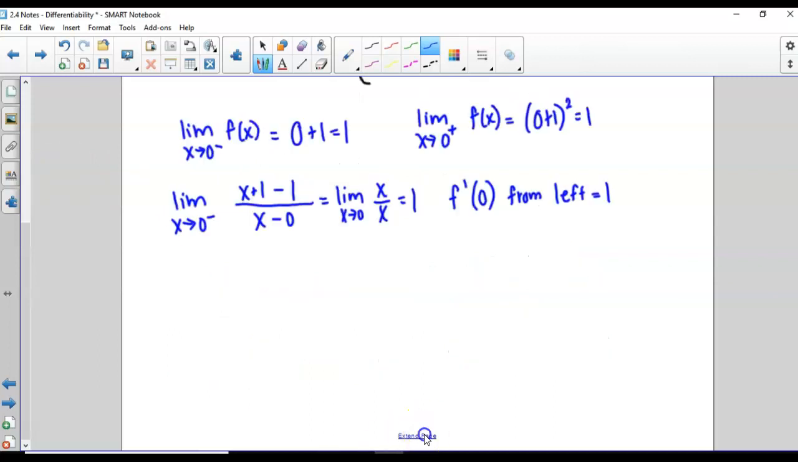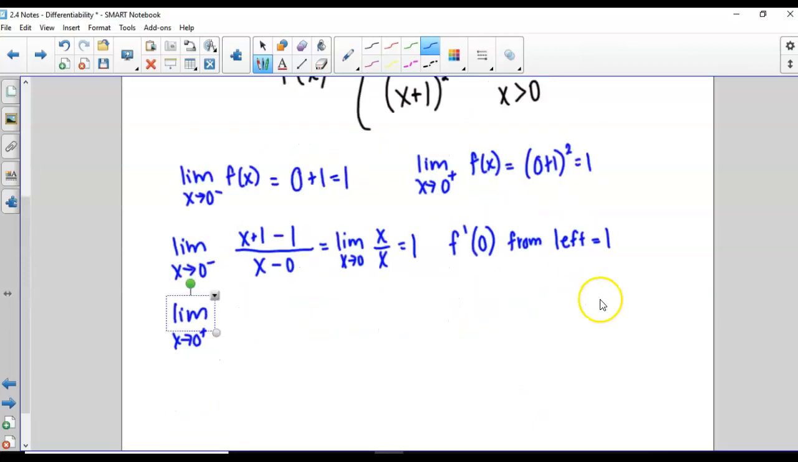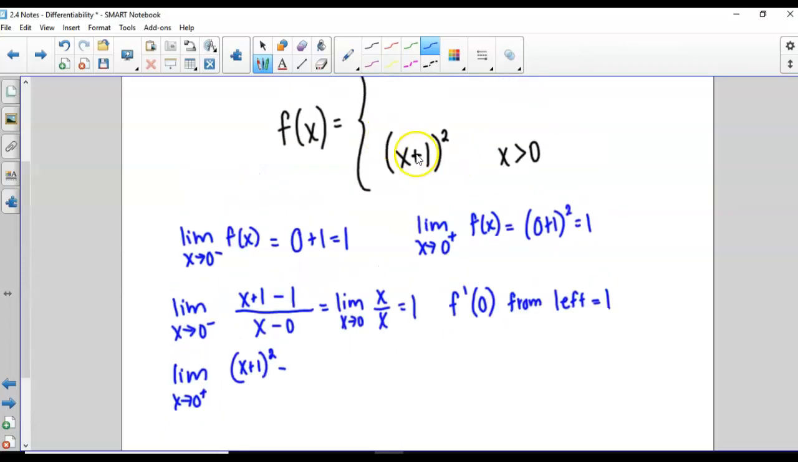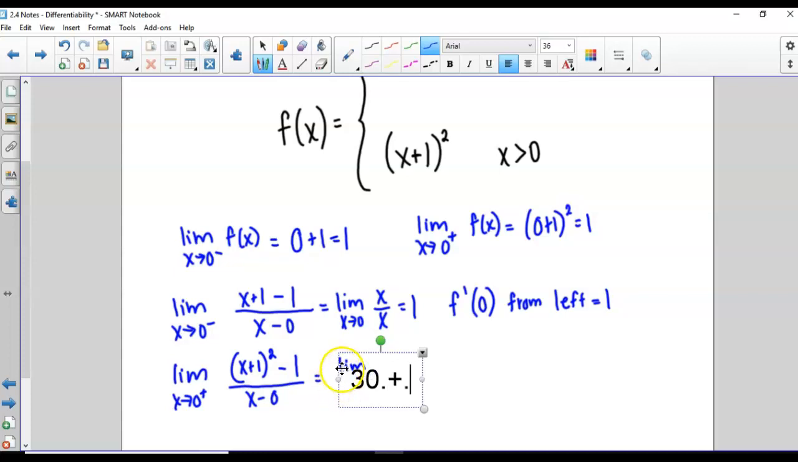Okay. And then if you do the limit definition of the derivative as x approaches 0 from the right, it's the same formula, f of x minus f of a over x minus a, but we're using that bottom function. So we would have x plus 1 squared minus, and then if we plugged in 0 here, we'd get 1, all over x minus 0. So that would give us the limit as